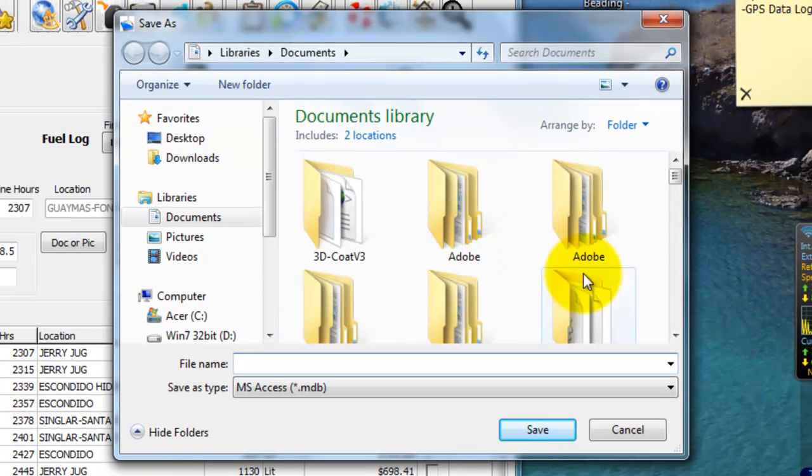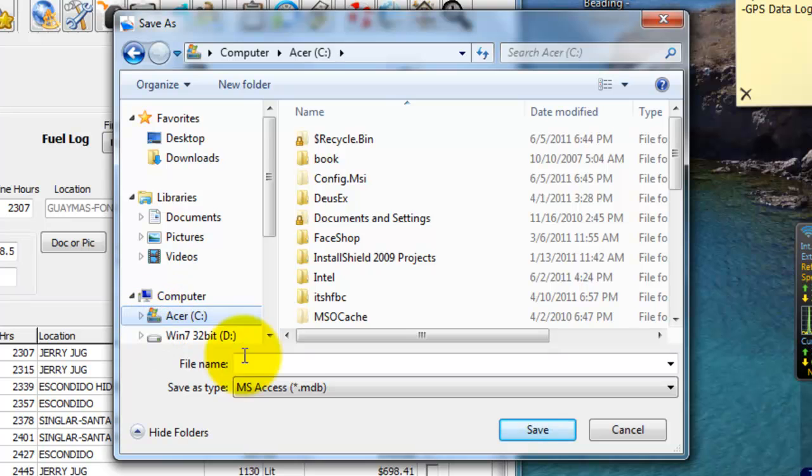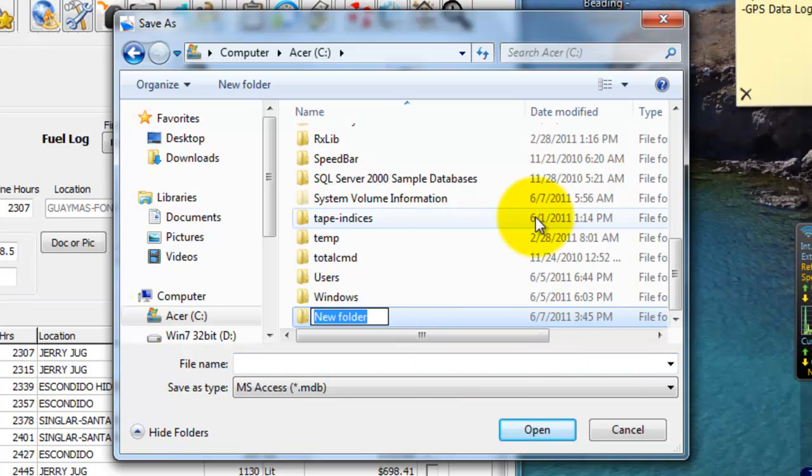Now it's asking us, where do we want to store this log? Well, we can't store it in the same directory as the program in Windows 7 or Windows Vista. So we're going to go into the C drive. On the left here, I'm going to click on the C drive, and then I'm also going to create a new folder. We're going to use this option up here. It may be a little different on your computer, but you want to create a new folder. And I'm going to just call it